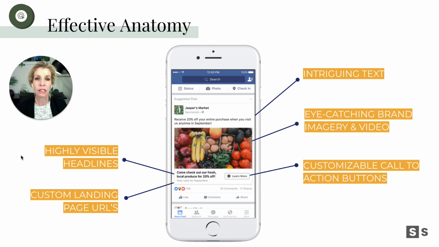Speaking of those customizable call to action buttons, we don't get those if it's not a paid ad. But as soon as you are not posting organic content, but instead it's a piece of paid content or an ad campaign, you've got the ability to add that clickable button and send someone off of Facebook, Instagram, and over to your website. It doesn't come for free because Facebook wants to keep us on their platform as users because that's how they make money. We see more of their ads as we're scrolling by. And if you want to send someone elsewhere, yeah, then it becomes a paid placement.